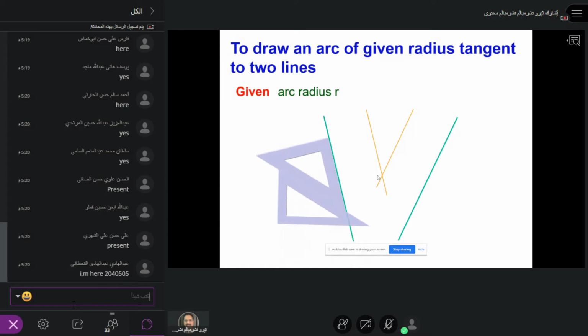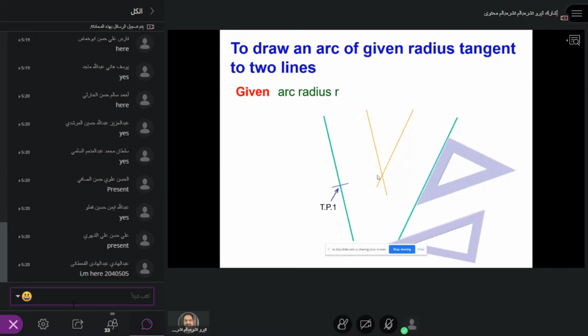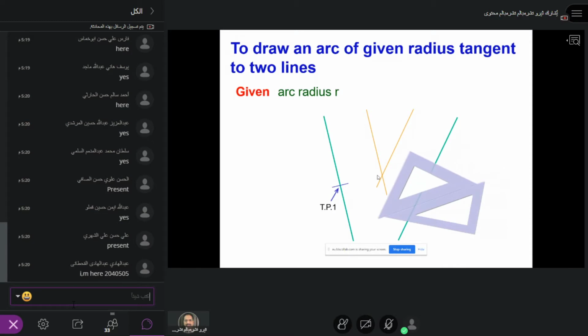Now take this as the center, and you see the radius r. Now mark the point here, move it there, and then mark this point. And now take the starting point and the ending point. So this as the center, and make this as the radius, because this is the same radius. Remember that we are taking the same radius here, and draw the tangent here, another one here, these joints here.